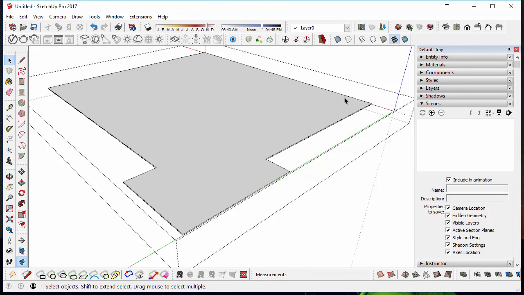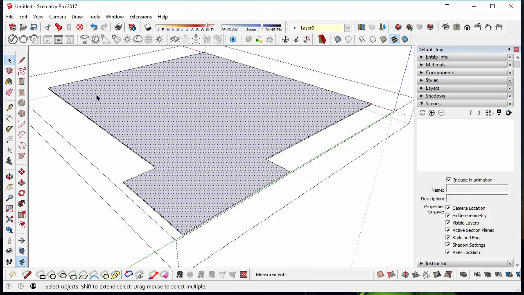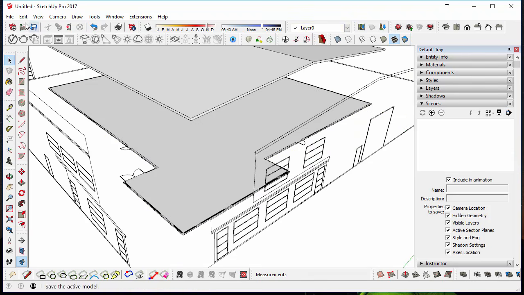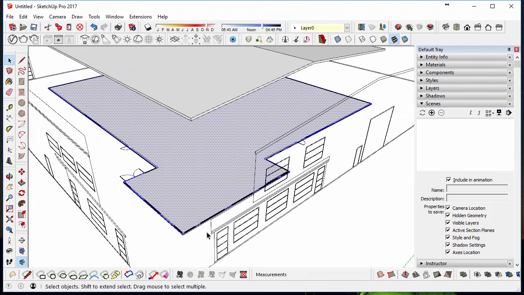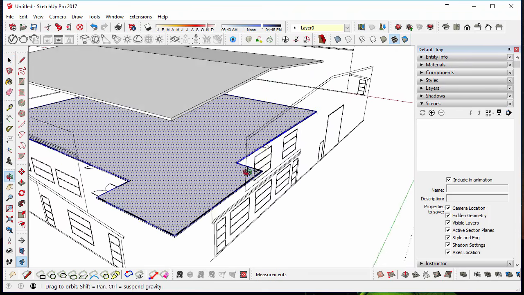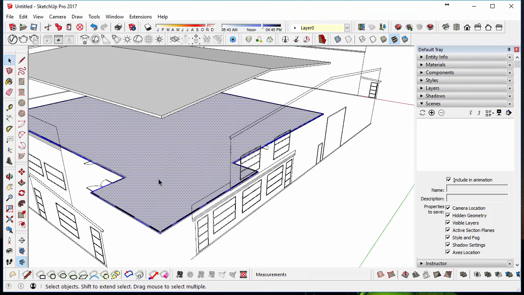So I want to get the outline of this building. So to do that, I'm just going to select the whole face this time and go copy, close the group, edit, paste in place, and then I've got the perimeter of the building, which is quite helpful. But